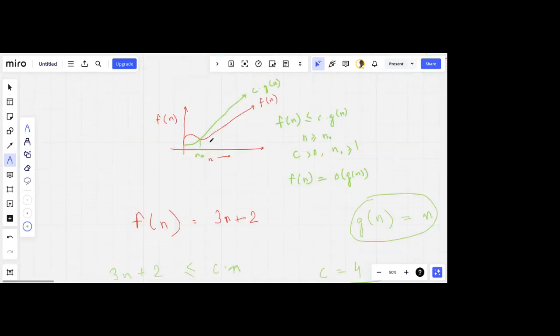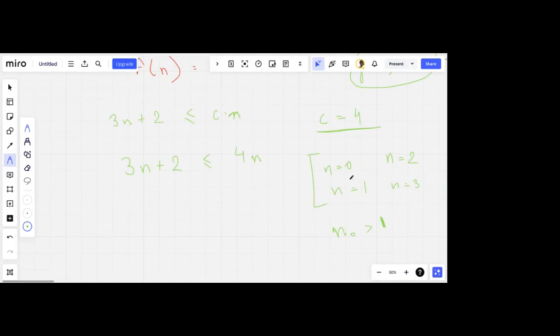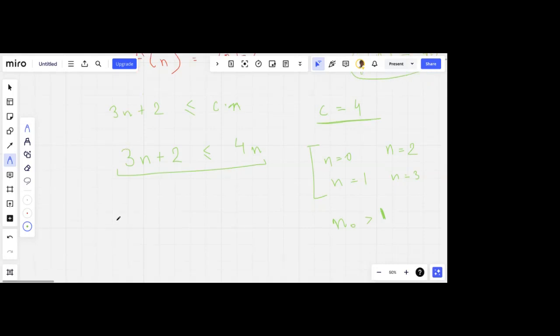For some values it is false. For 0 and 1 it is false. But whenever the value of n becomes greater than 1, this statement is true, right? Correct. So I can say that, for c equal to 4